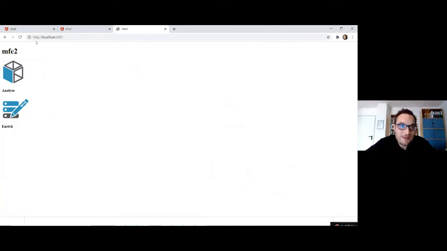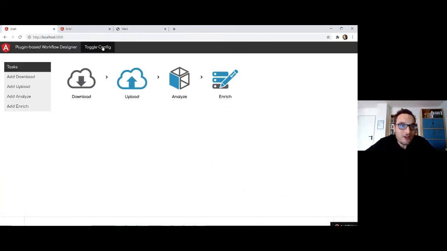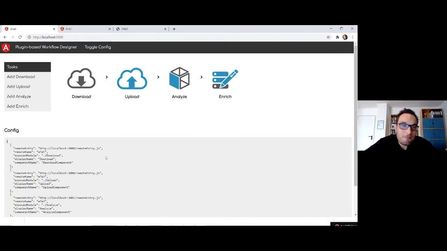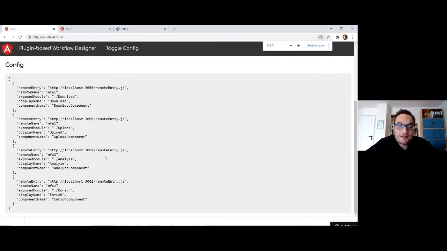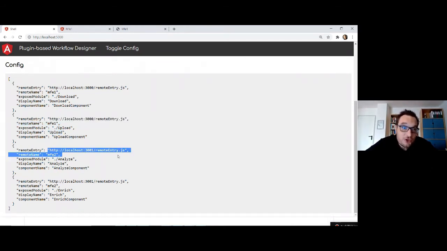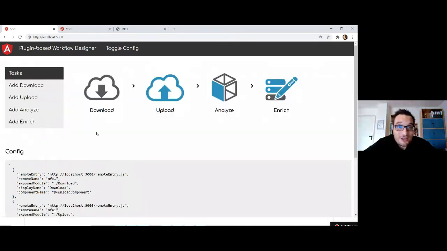And one more time, when this workflow designer starts, it gets some metadata from the backend. The backend is telling it, hey, we have at this location the download task, and at the same location the upload task, and at another location analyze and enrich. And the workflow designer is just saying, okay, cool, I'm taking it, and then it will just use those items, those actions.